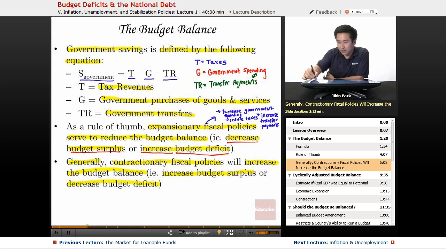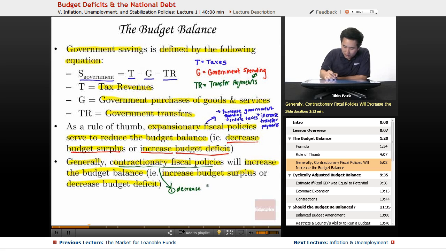So, it works the other way. So let's go ahead and look at that. So what is contractionary fiscal policy? Well, expansionary is either increase government spending, decrease taxes, or increase transfer payments. Contractionary is exactly the opposite. You're either going to decrease,